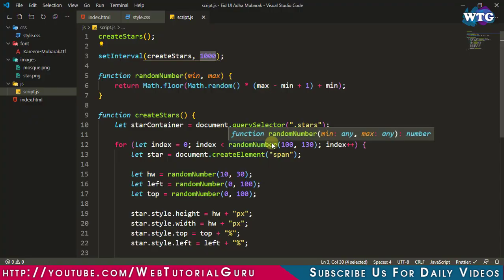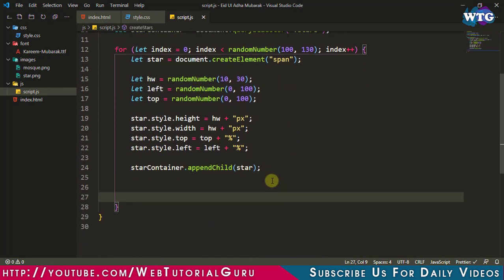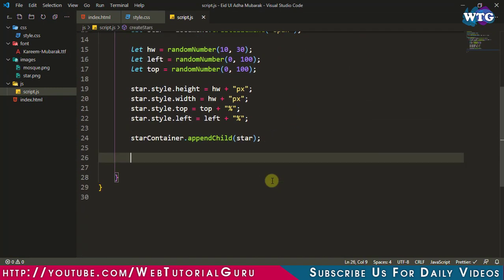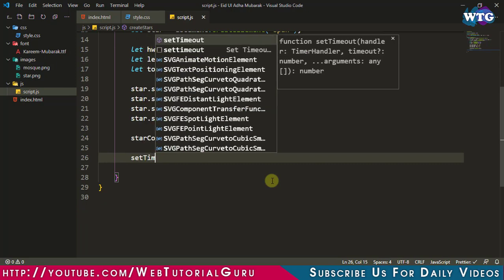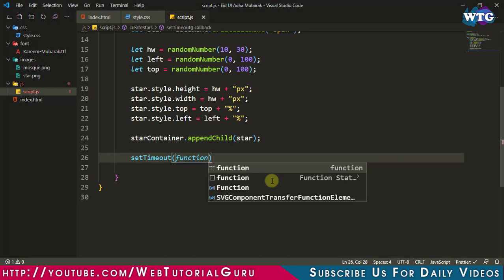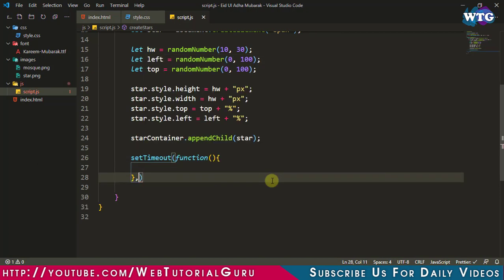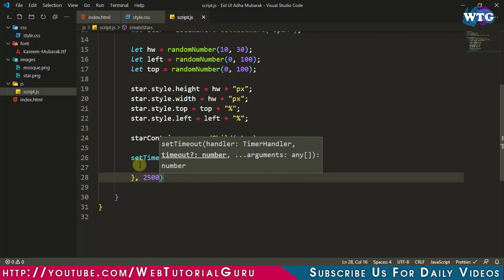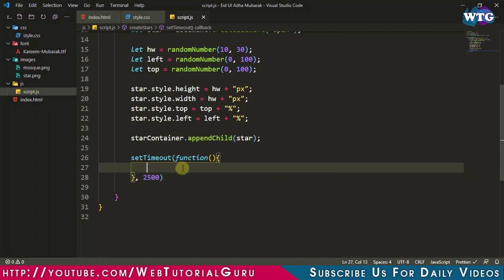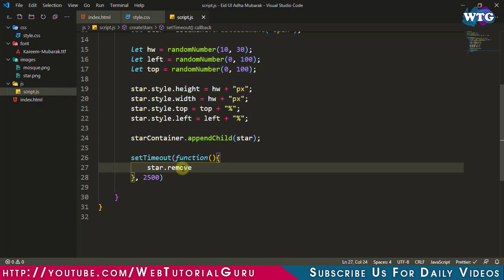For this, let's come to our script.js file and use another inbuilt function of JavaScript, set timeout. And let's assign the timeout of 2500 milliseconds. Now type this statement: star dot remove brackets semicolon.